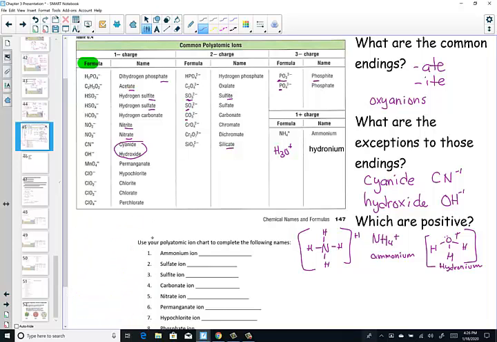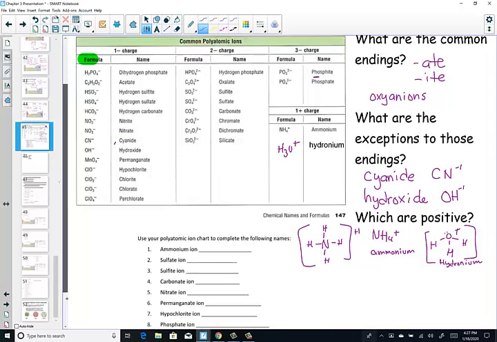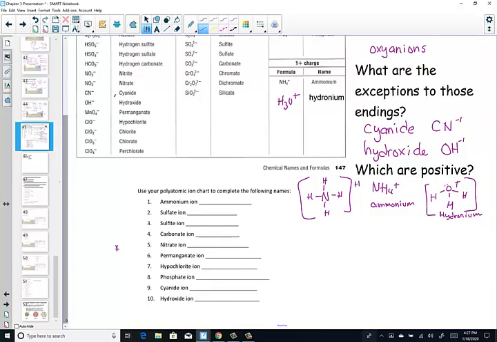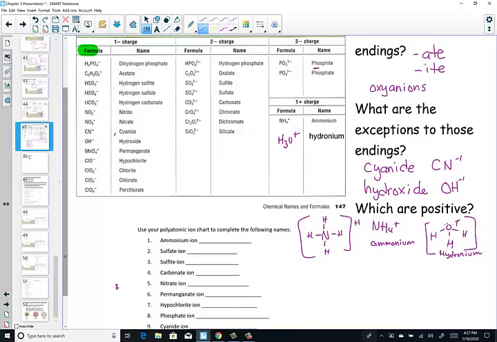So as we do that in the next step, our job was just to get familiar with naming and hearing some of these formulas. So let's spend a moment investigating your polyatomic ion chart and just go to work. Pause the video, use your chart, and write the formulas for each of these examples. Use your polyatomic chart and complete the names. Come back to me when ready. All right, you're ready then. Let's begin. Ammonium chemical formula is